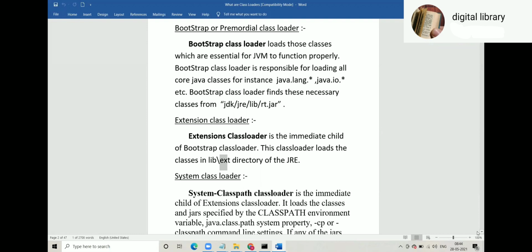Clear? Yes, sir. Yes, Chiranjeev. So, sir, how this